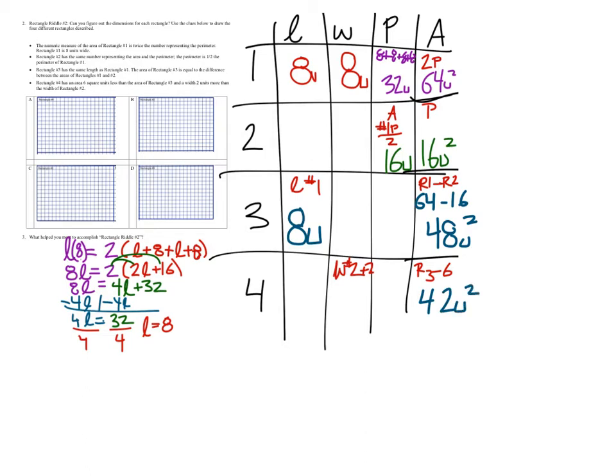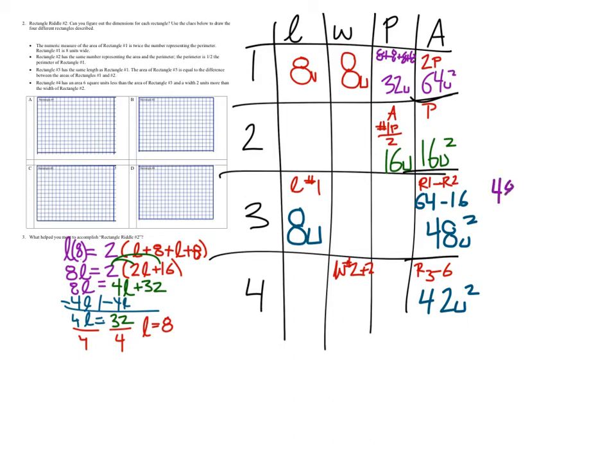All right, let's look at number 4. The width is the width of number 2, but then plus 2 more. But we don't know the width of number 2 yet, but we will. Let's look at 3 because we do have a value right there. The area of number 3 is 48,